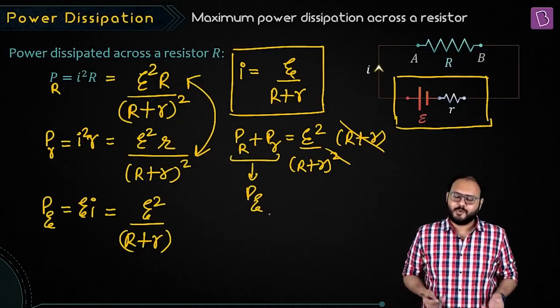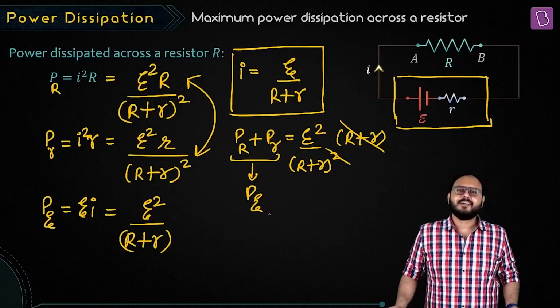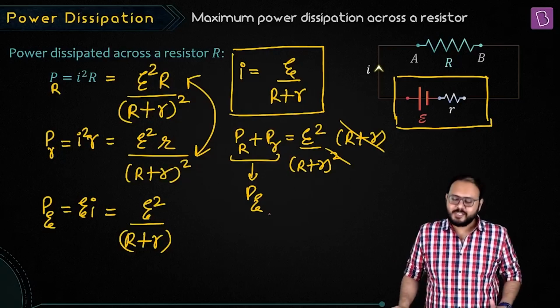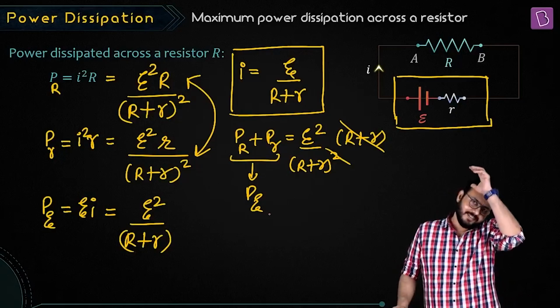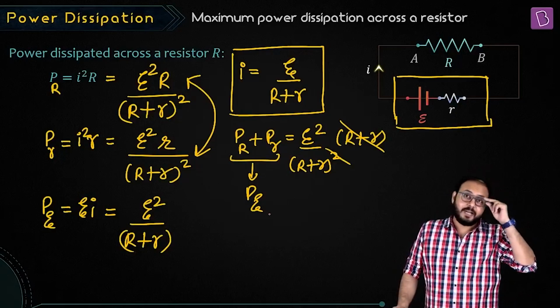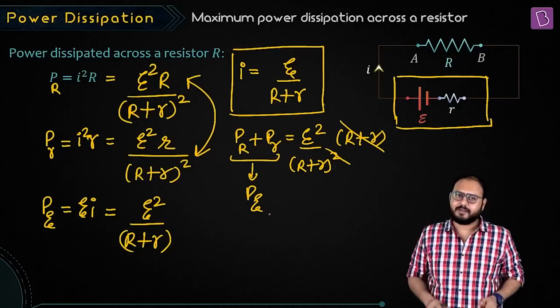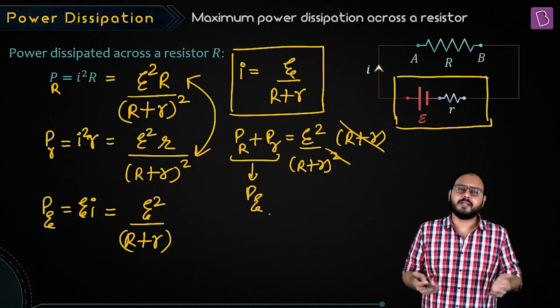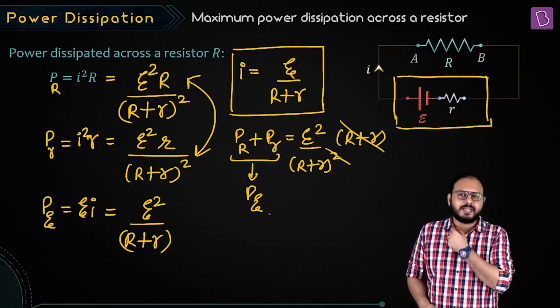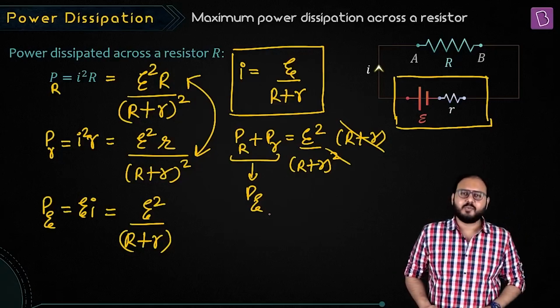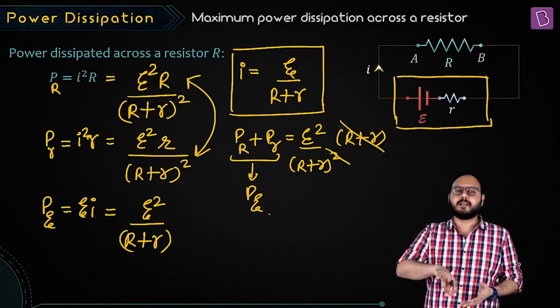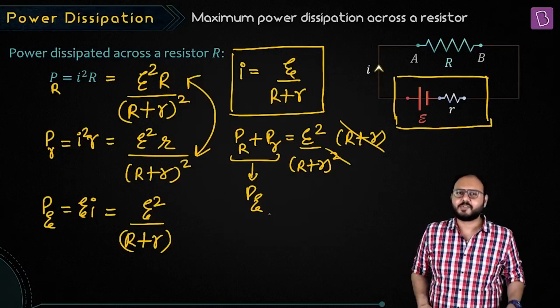It's so obvious. Who is the load? The total resistance is the load. Who is the source? The battery is the source. Energy conservation holds. So the total power is supplied only by that cell part, the ideal part, which is the provider. Who is the waster? Internal resistance is the waster, the consumer, and the external resistance is also a consumer.